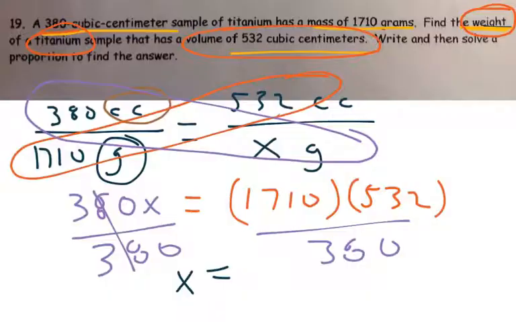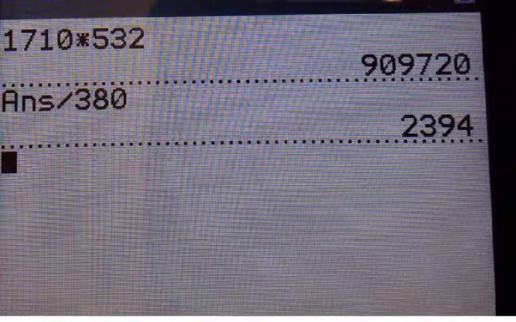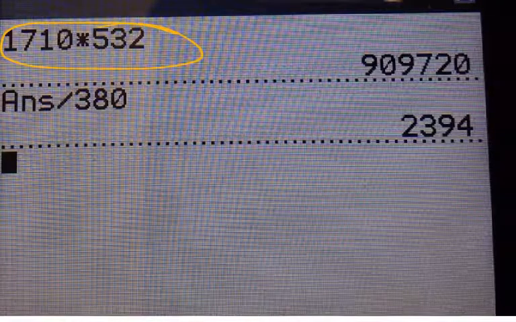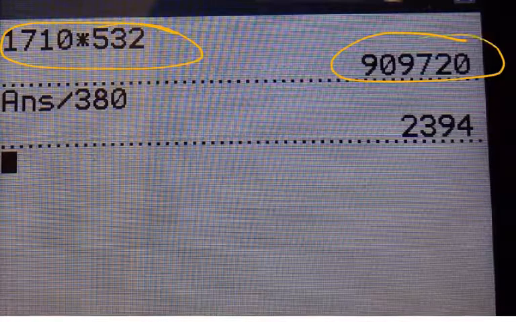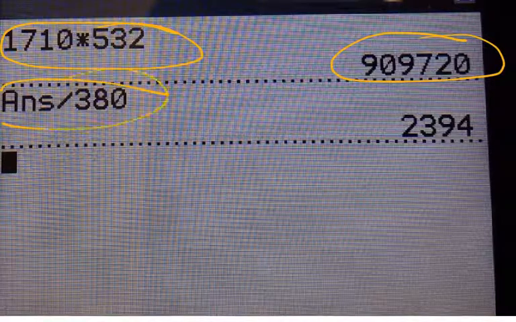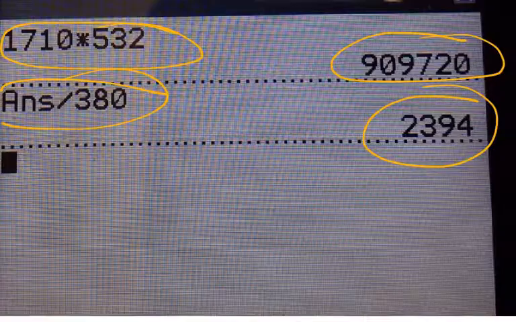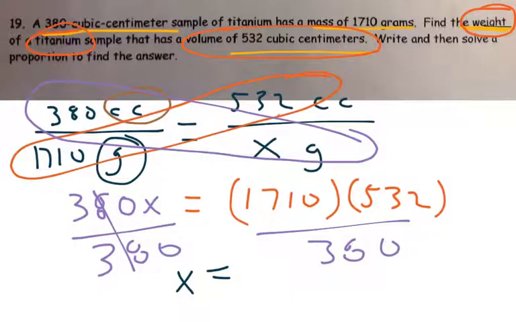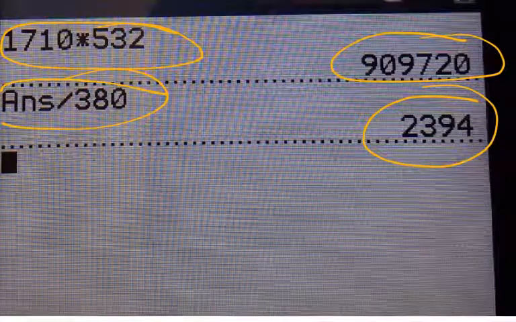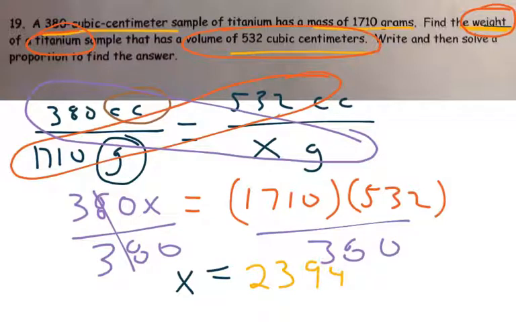So watch this, guys. With my calculator, as you can see right there, I took 1710 times 532. I got 909,720. I then divided by the 380. And there is my answer, 2394. So I know that that piece of titanium, just double checking, weighed